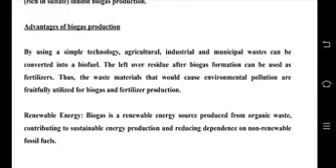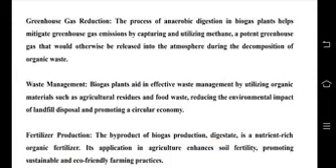First advantage is renewable energy. Biogas is a renewable energy source produced from organic waste, contributing to sustainable energy production and reducing dependence on non renewable fossil fuels. Next is greenhouse gas reduction. The process of anaerobic digestion in biogas plants helps mitigate greenhouse gas emissions by capturing and utilizing